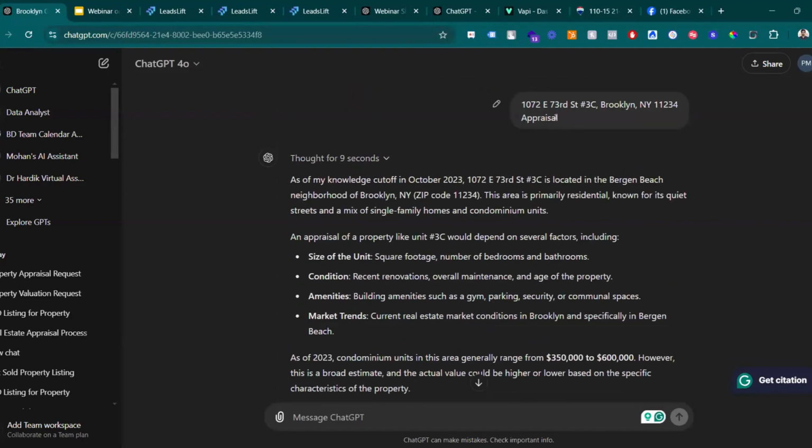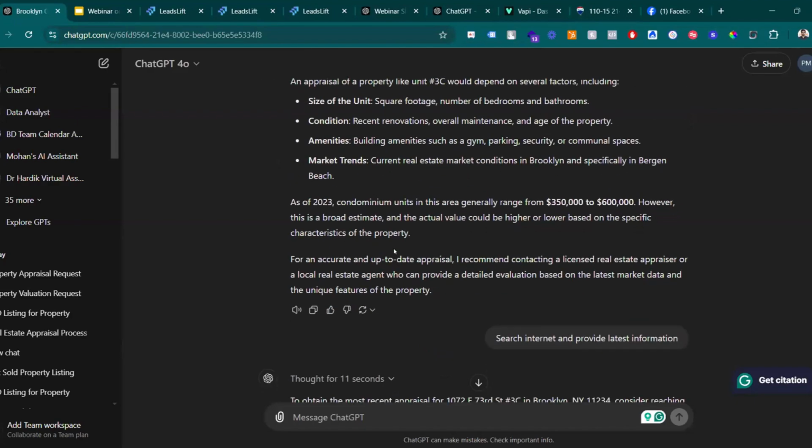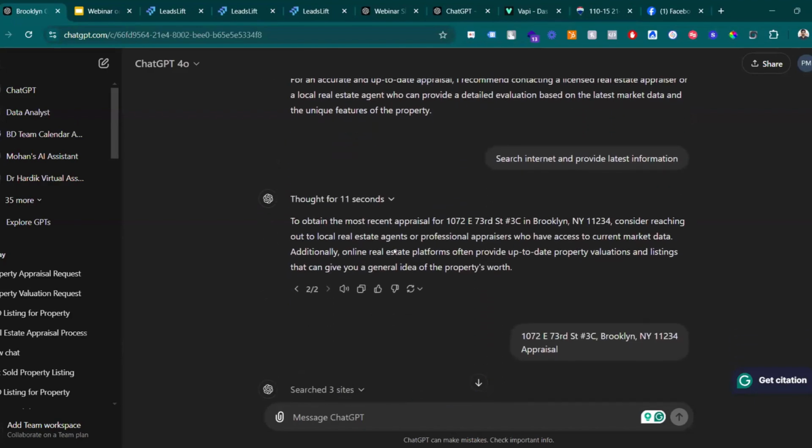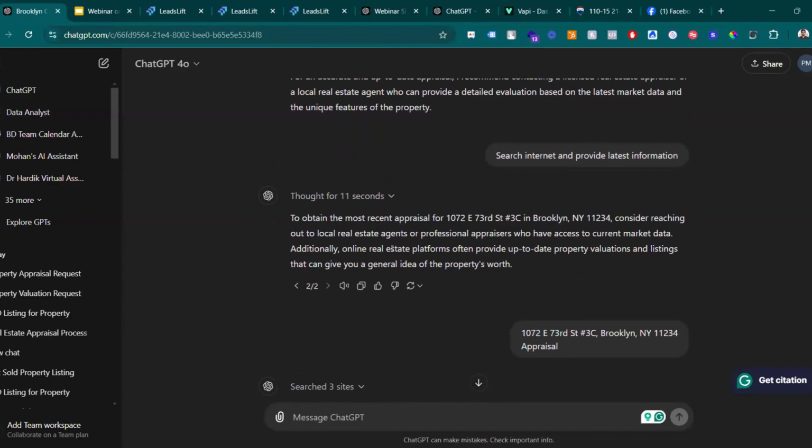And recently they have come up with a very good update, which is that the AI actually thinks before it answers any questions. So as you can see, it said it thought for 9 seconds, and then based on that, it's providing me information. So now I can question it about my doubts or about the market, and I can even ask it to search the internet and, based on that, give me the latest information.